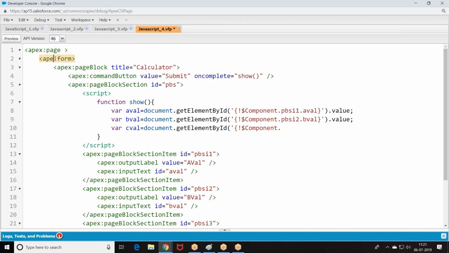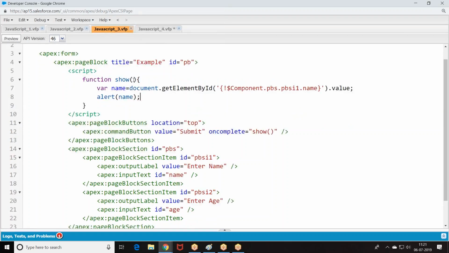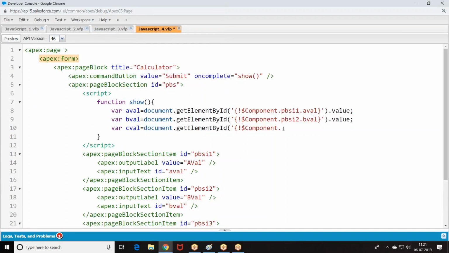Okay. Now we have taken here component dot. We are supposed to set the value. So let me read.